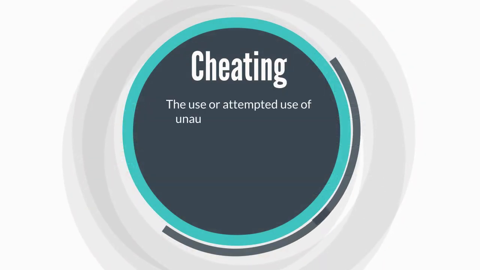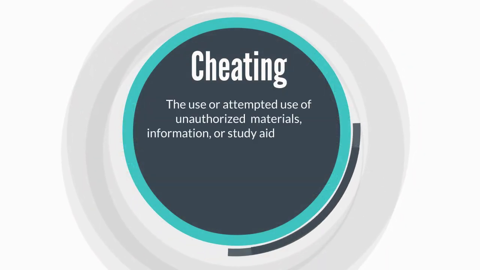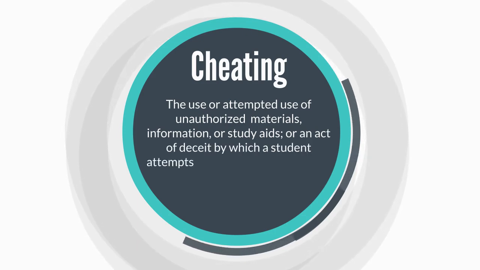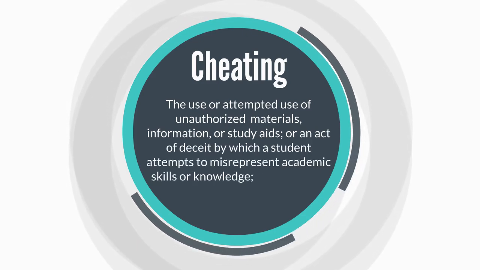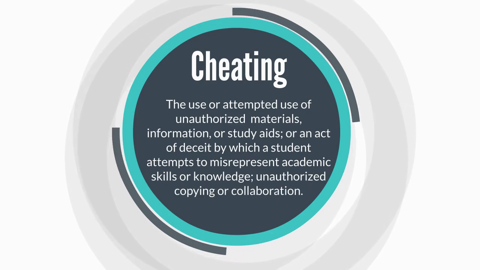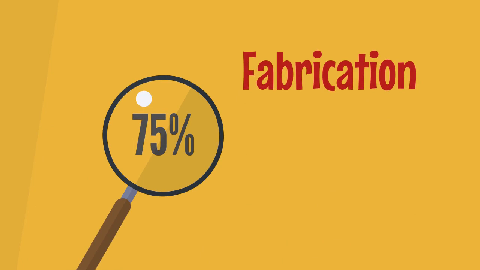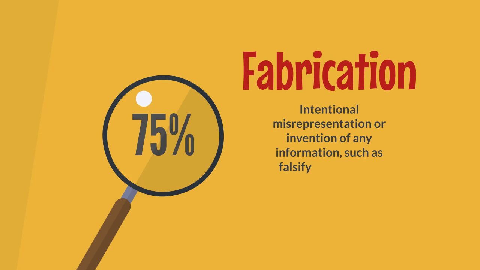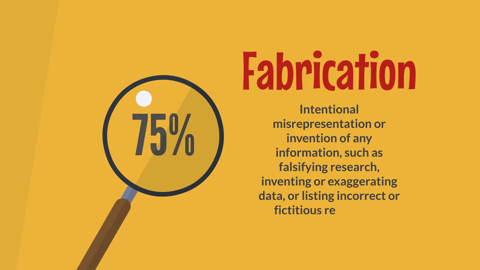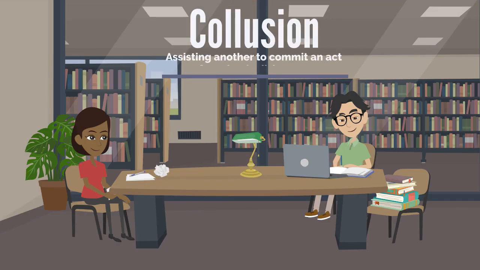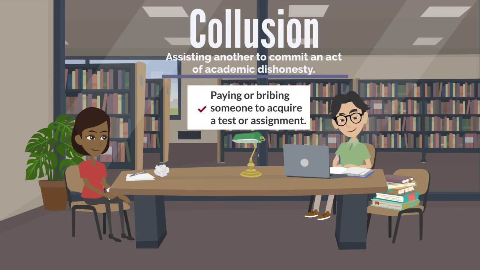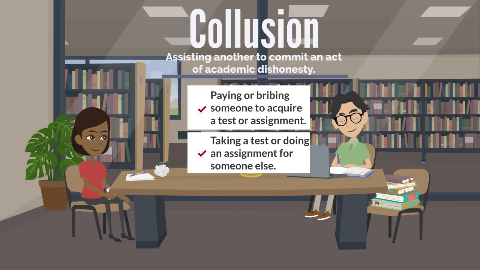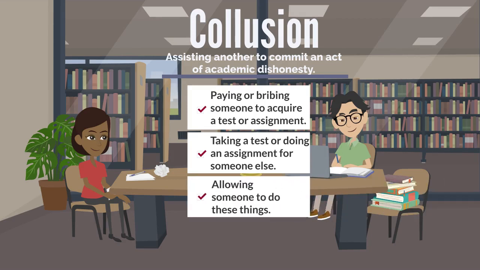Cheating. The use or attempted use of unauthorized materials, information, or study aids, or an act of deceit by which a student attempts to misrepresent academic skills or knowledge, unauthorized copying, or collaboration. Fabrication. Intentional misrepresentation or invention of any information, such as falsifying research, inventing or exaggerating data, or listing incorrect or fictitious references. Collusion, assisting another to commit an act of academic dishonesty, such as paying or bribing someone to acquire a test or assignment, taking a test or doing an assignment for someone else, or allowing someone to do these things